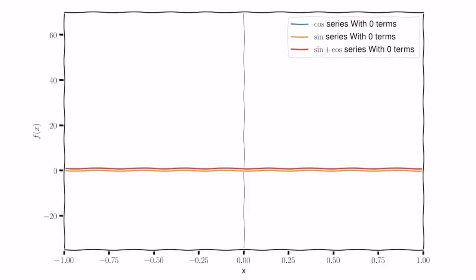Here I have plotted three series: one is the cos, the sine, and then the sum of them. So you see that the cos function is an even function, so it represents the function both on the negative and positive side. In the same way, the sine is an odd function, so you expect whatever it represents would have the feature of an odd function. And then we have the sum of those two, which should represent the entire function.